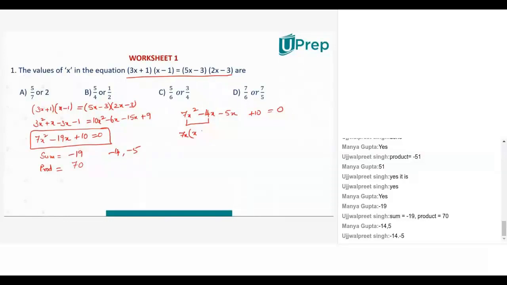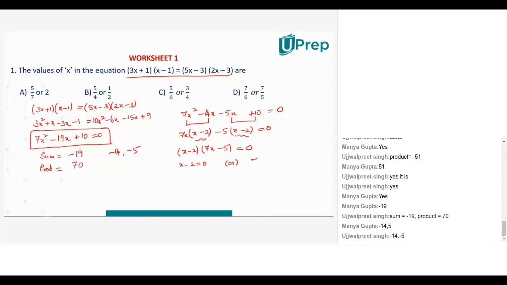Time saving. When I took 7x common, I'm left with x here. And from 14x, I took 7x common, so what I'm left with is minus 2. Now from the rest of the two terms, I'll take out minus 5, leaving me with x minus 2 again. Now that I have x minus 2 as a common factor, we'll pick up x minus 2 common and we are left with 7x minus